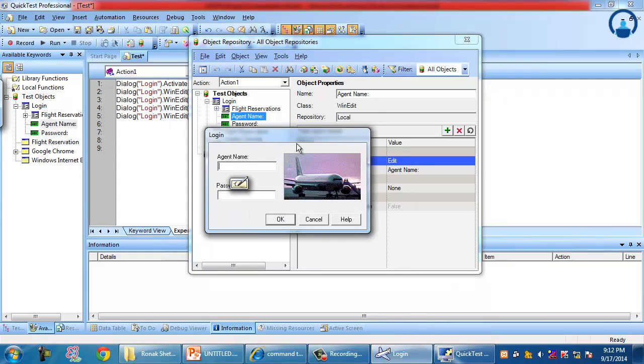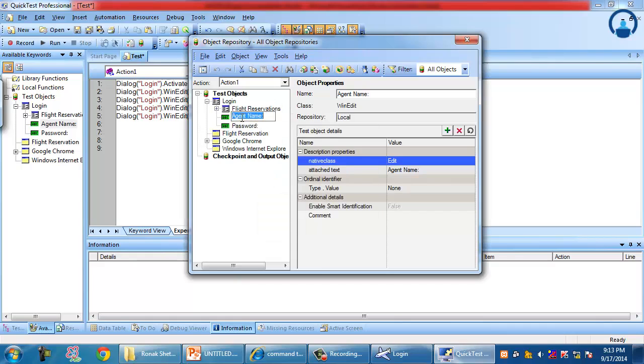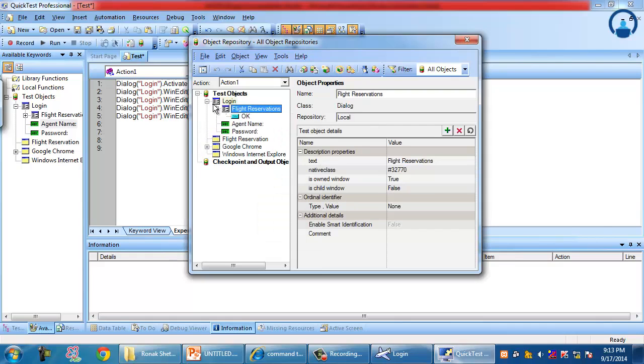This belongs to the login dialog box. So even the login dialog box is added to the object repository. That is, if you add the child object, all the parents in the hierarchy are also added. So the parent is the login box in this case. As you can see, the flight reservation. Sorry, you can minimize this. So login is the parent